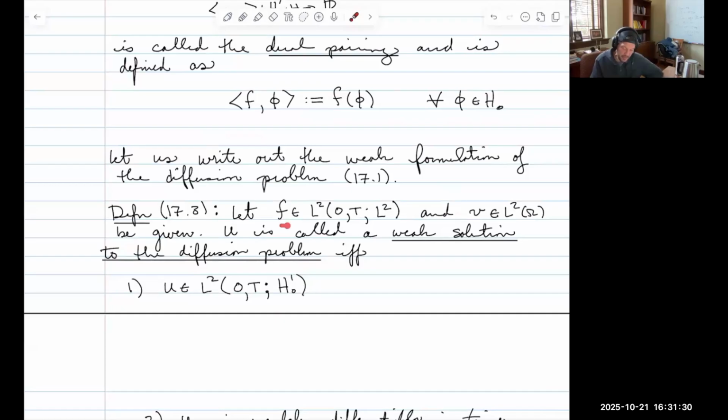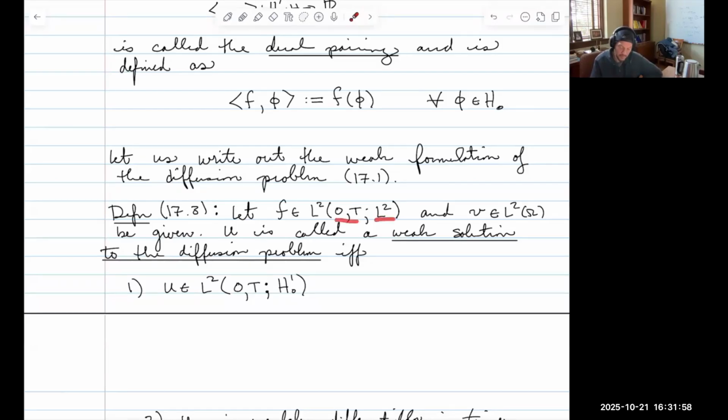So let f be in this function space L2(0,T; L2). I have to explain what functions in this function space look like and mean, and I'm going to do that just below. For now, you can just think of it as a nice function. So given f in this function space,